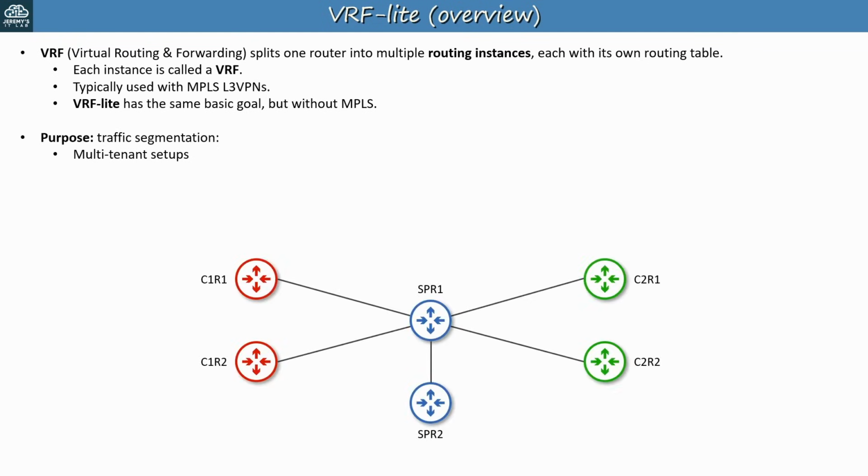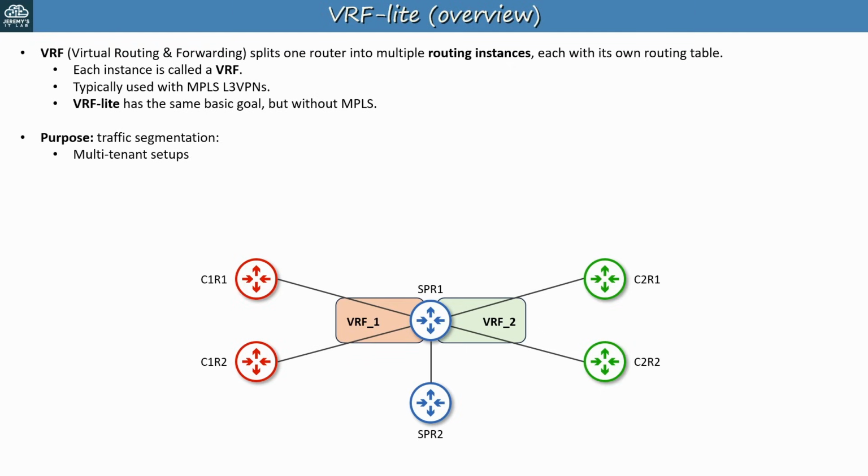Here's an example. SPR1, a service provider router, connects to two different customer networks. Customer 1's C1R1 and C1R2 on the left, and Customer 2's C2R1 and C2R2 on the right. To keep traffic from these two customers separate, the service provider could assign these interfaces to VRF1 and these interfaces to VRF2. This ensures that traffic can travel between routers belonging to the same customer without getting mixed up with